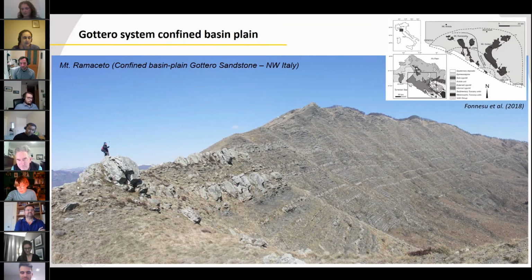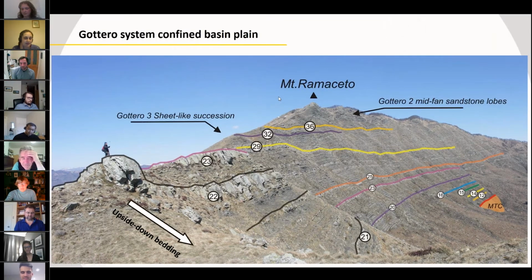Here is myself with my jacob's staff, very proud after logging one of the several sections over there, in a succession that is over 1,000 meters thick. The area is particularly amazing because you can individually trace each of these beds along the length of the outcrop for over 4 kilometers. And not only that, the succession is completely upside down, being in the reverse limb of a regional syncline. This means that these beds expose their bases very well,